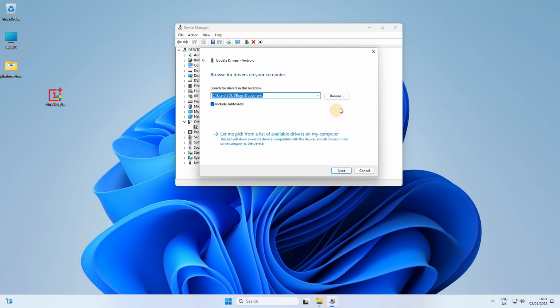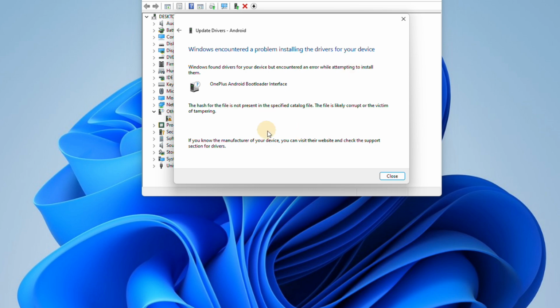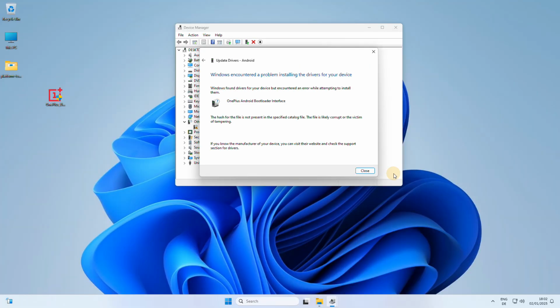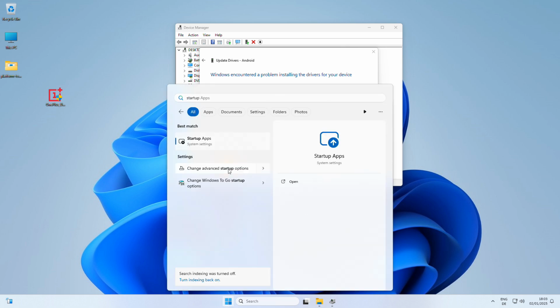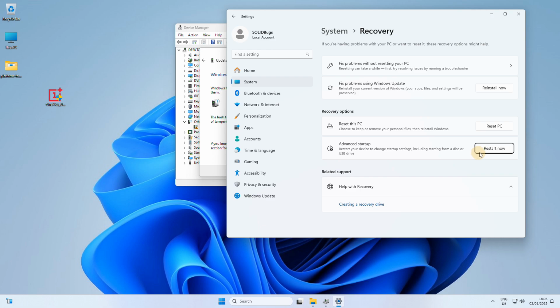Press Update Driver, then navigate to the installation folder. Windows encounters a problem during installation. According to this error message, the driver was not signed for some reason, as far as I understand. Therefore, the installation fails. To fix the problem, you need to restart Windows and select the option to disable driver